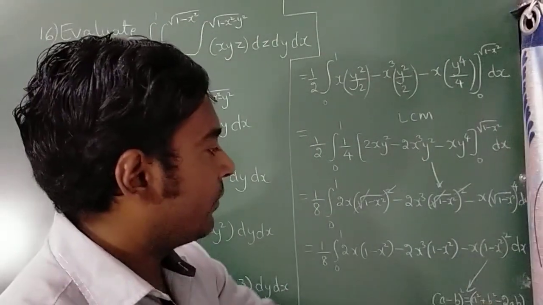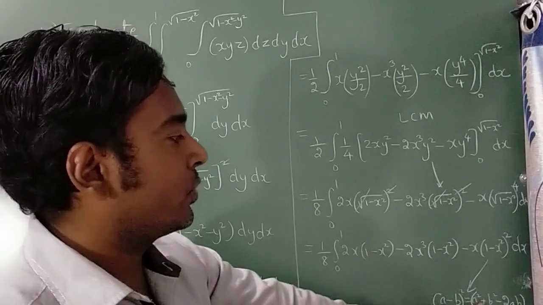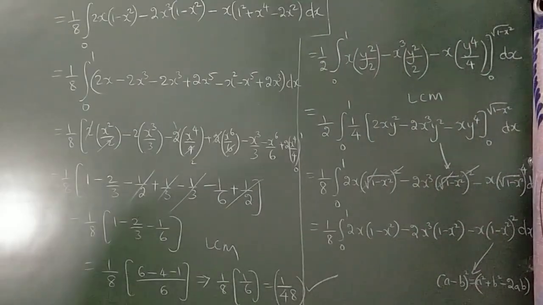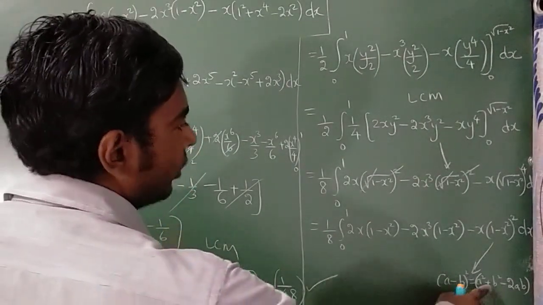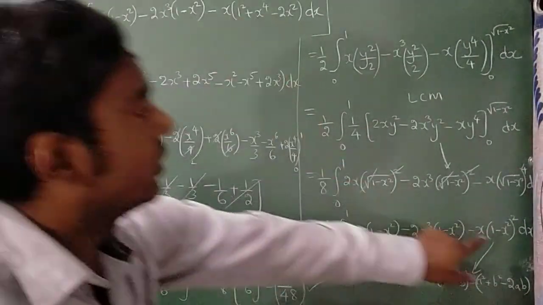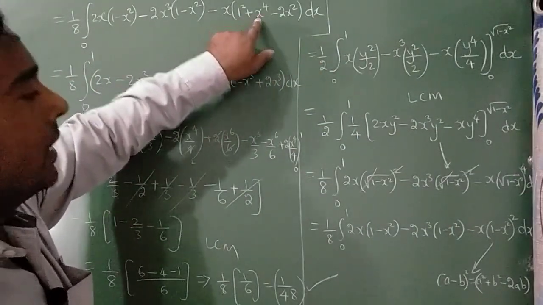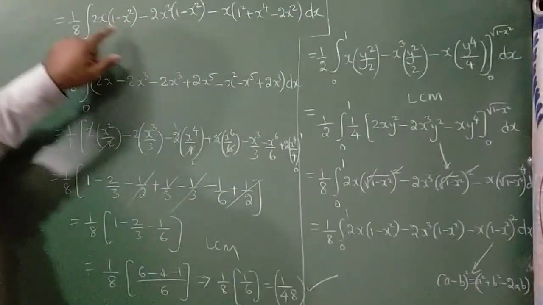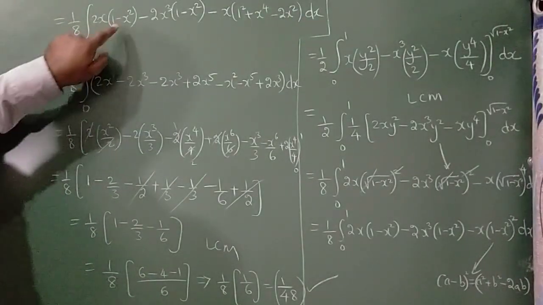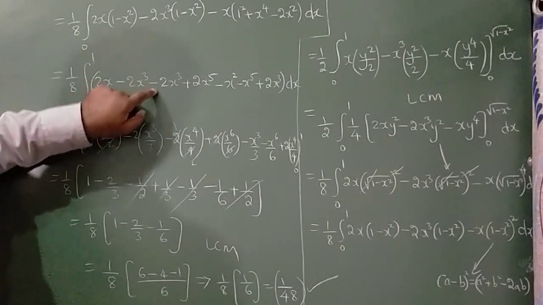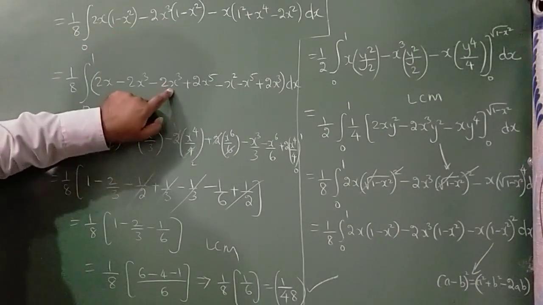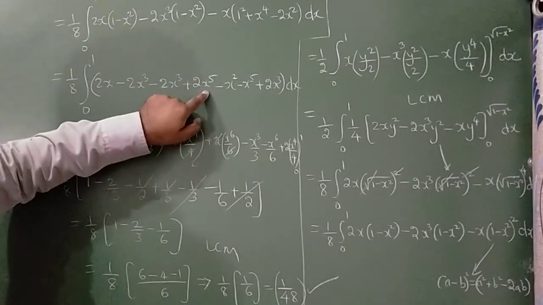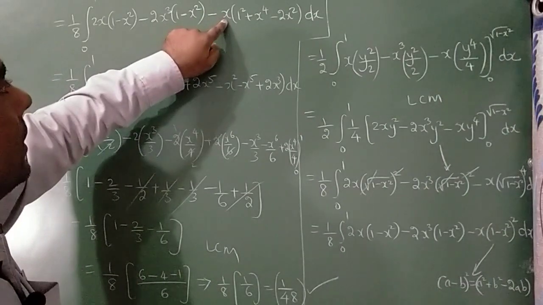So for this you have to apply the a minus b whole square formula, that is a square plus b square minus 2ab. Now from here, I have applied the a minus b whole square formula for this. So this will become 1 square plus x square into square will become x raised to 4 minus 2x square. Now multiply this. 2x into 1 is 2x, minus 2x into x square is 2x cube. Minus into minus is plus. 2x cube into x square is 2x raised to 5 minus x into 1 is